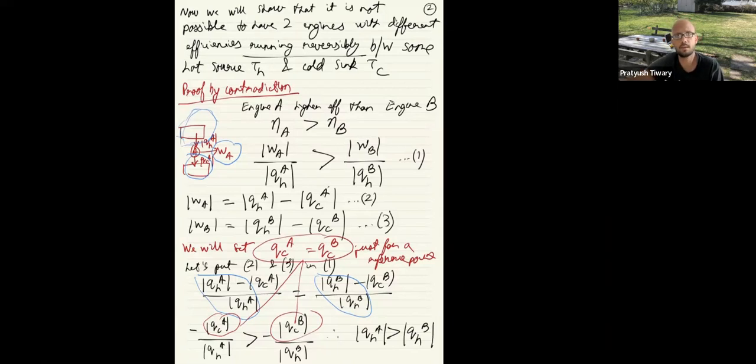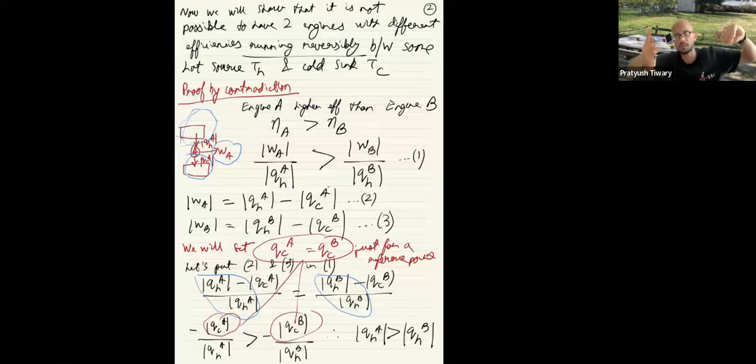So this looks like lots of algebra, but what we have done is something very, very simple. What we have said is that if you have two engines, both are taking some heat from a hot source. They are taking this heat and they are doing some amount of work. And they are dissipating some amount of heat into a cold sink. If the cold sink heat that is being dissipated is the same amount, and this process is doing more work